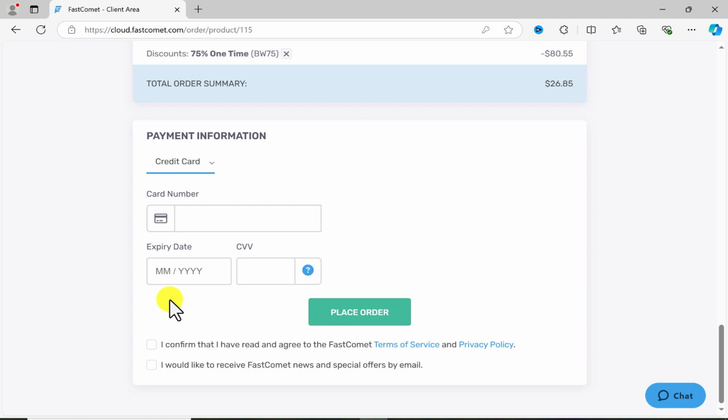So I have a hosting and domain with FastComet already. I'm not going to be getting it, but I believe if you've watched this video and you've gotten to this stage, just go ahead and put in your card number, put in the expiry date, the CVV, and click on place order. Now, if you have any issues at any point while doing anything here, just come here to the chat,